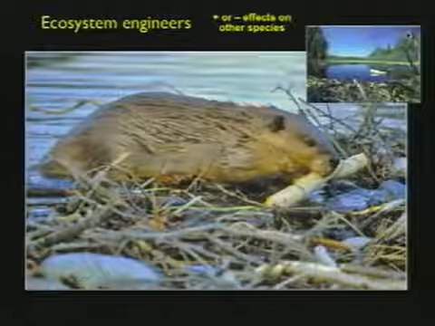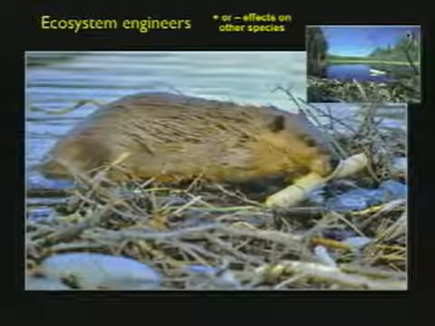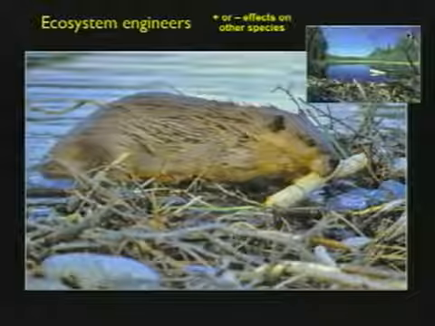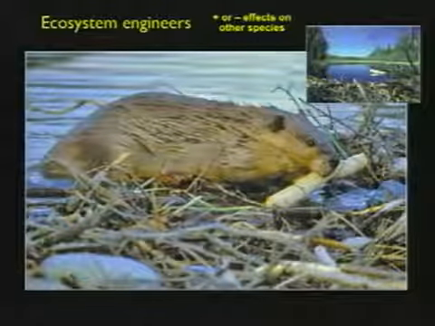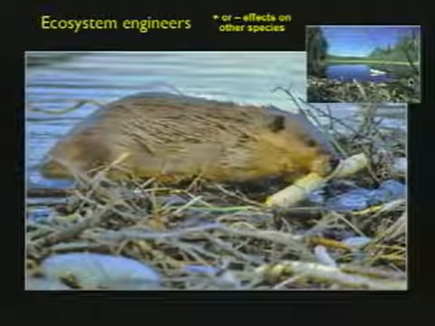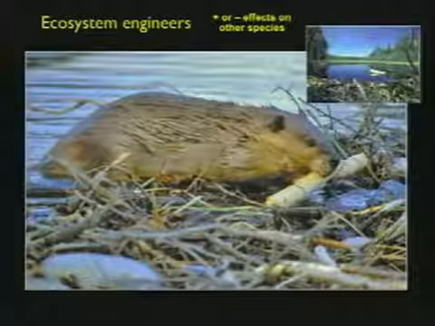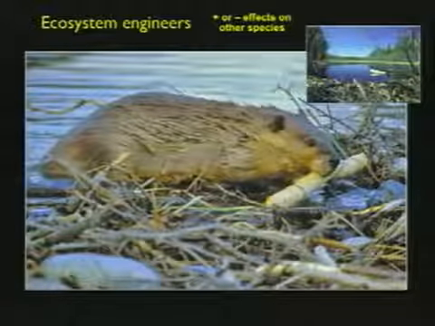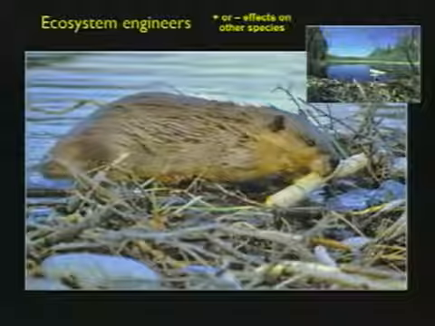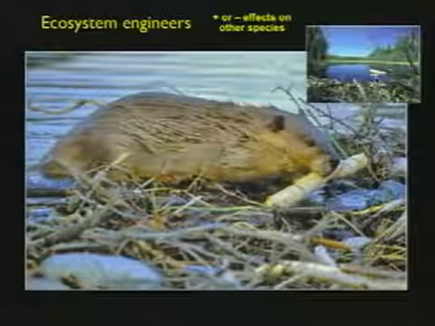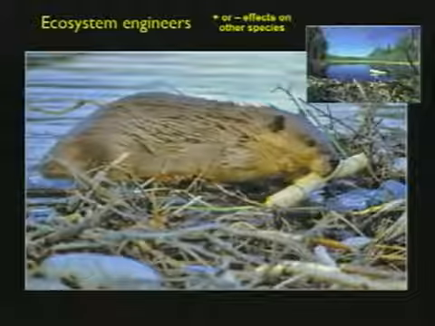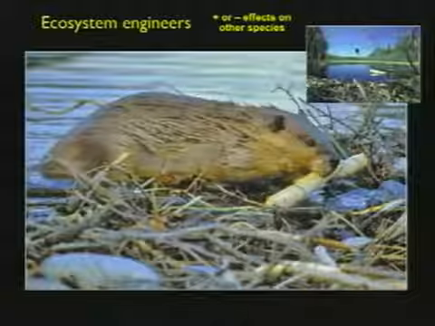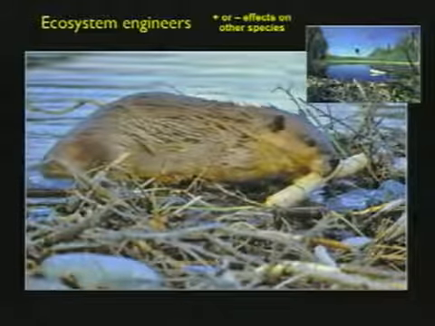In this case, of course, it's taking a flowing body of water and damming it with trees and branches and materials that it gathers and organizes to create a ponded environment behind that dam that creates a new habitat for other organisms that couldn't have lived there previously. Many aquatic organisms rely on slow flowing or stagnant waters, and then other mammals like mink and otter come in and occupy these systems where they may not have existed in much abundance before.